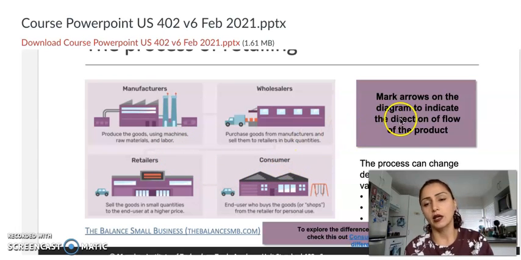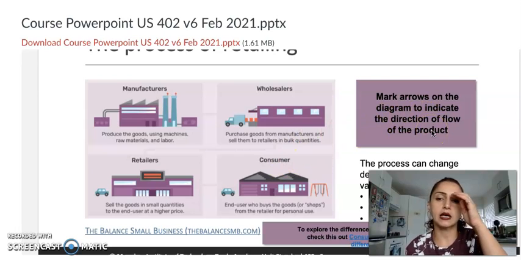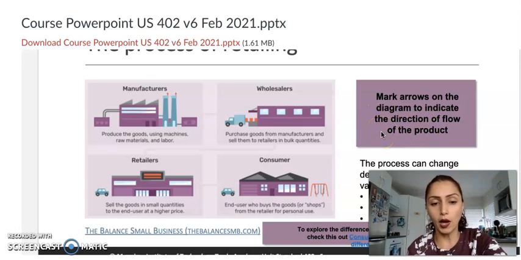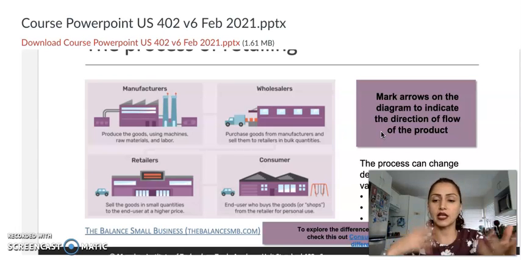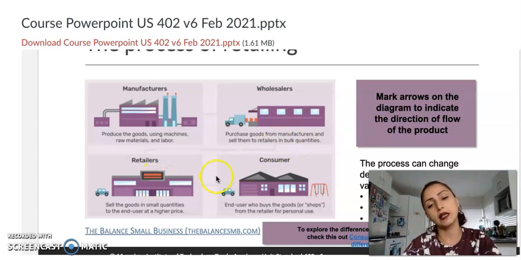Now, in your booklet, you'll see that it says mark arrows on the diagram to indicate the direction of flow of the product. Why? Because as you will see later on, the arrows can change, because if a retailer is making their own product, so they have their own manufacturing plant. So let's say if